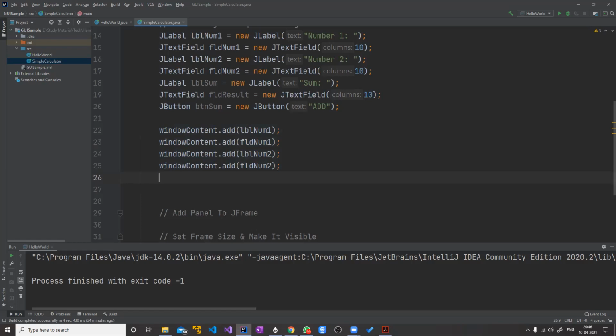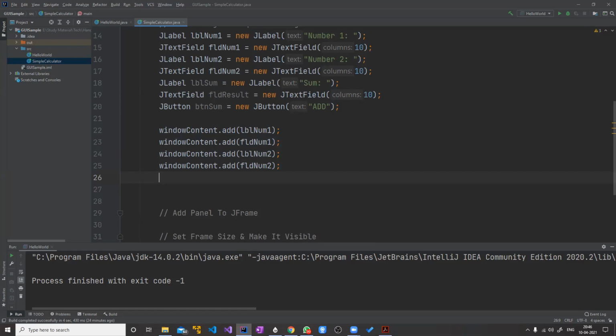But what if you want it to be vertical? So we will see that as well. We'll see that later. Okay, I'll show you that as well. So this is, as I said, we start with the simplest one, then we'll include more complexity into this. Okay, so label added, two fields added.